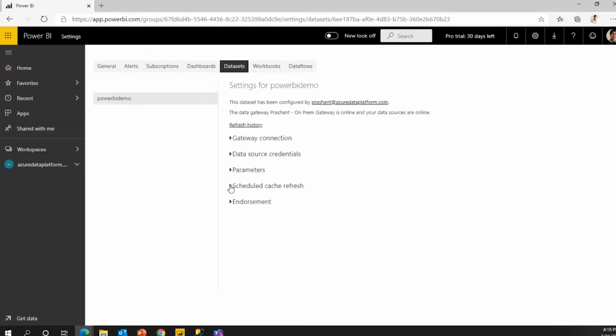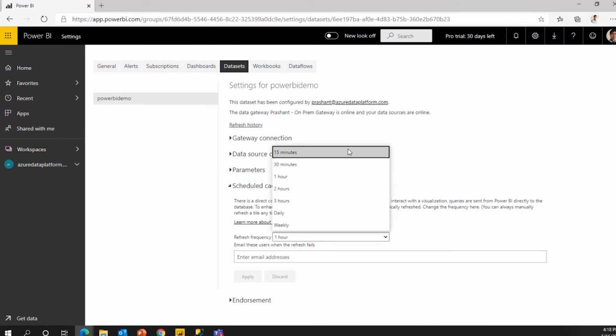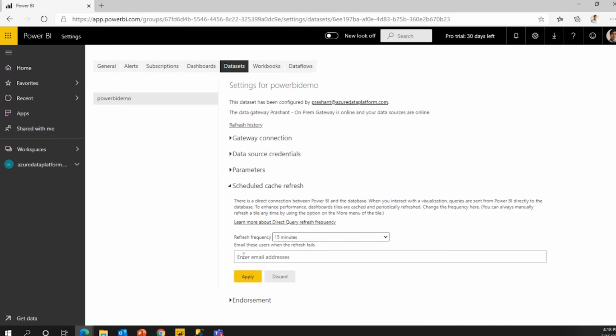And then schedule cache refresh. It will ask you how frequently you want to schedule the cache refresh, because based on that, it will try to refresh the cache memory. If you refresh the cache memory as fast as possible, it will give you more up-to-date data. The minimum you can go with is 15 minutes.